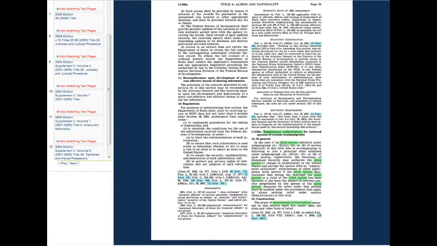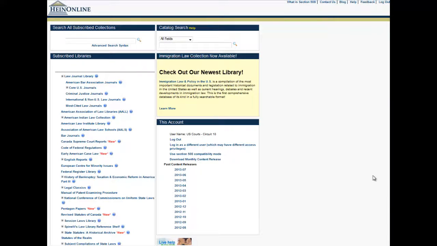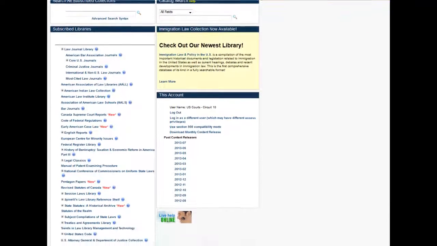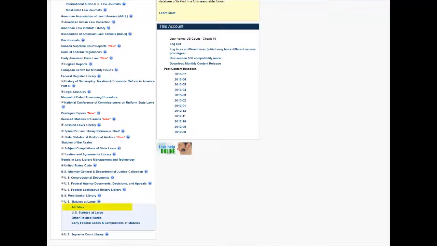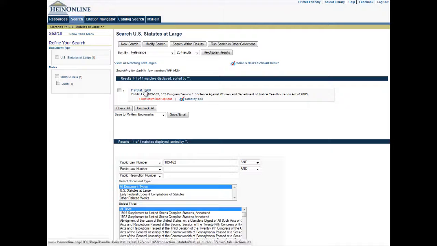So now we will go back to the libraries and look for the U.S. Statutes at Large and click on All Titles again. This is one area where we can compare historical language. We're going to start by putting in Public Law number 109-162 here in the Public Law section. And click Search. Then if we click 119 Statute 2960,